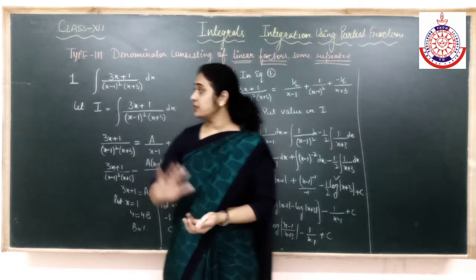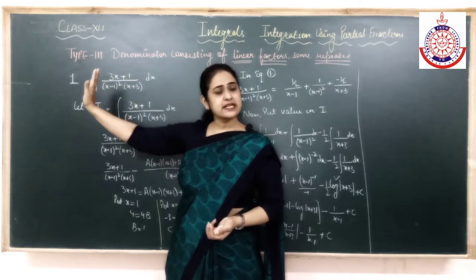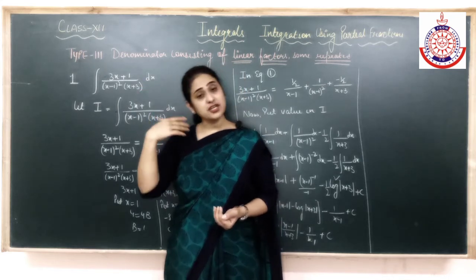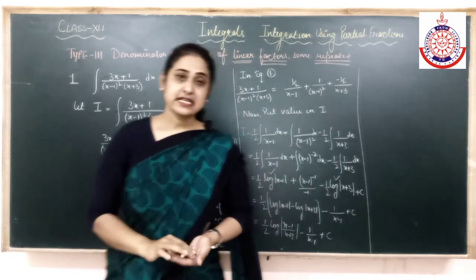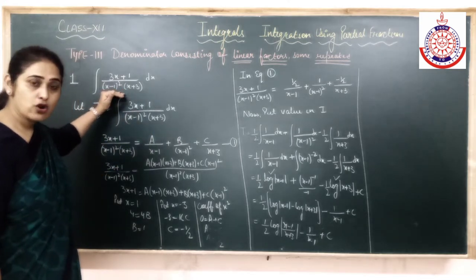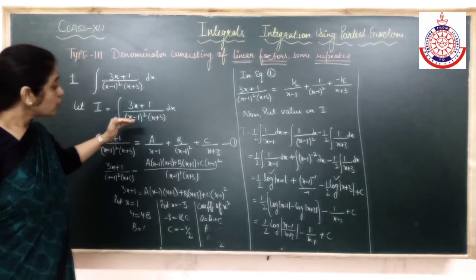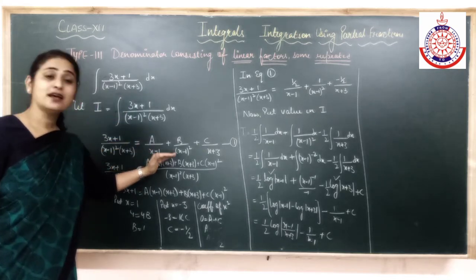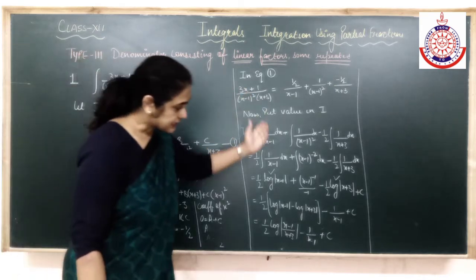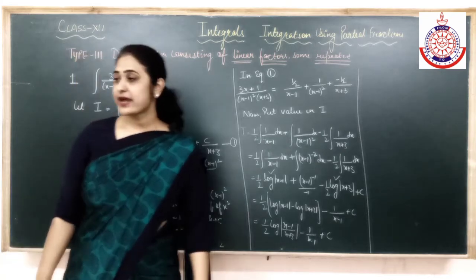After divide, one portion is quotient plus remainder upon divisor, remember? Quotient we will integrate separately. On the remainder upon divisor portion, we will apply partial fraction. Is it clear, children? So I have to see whether partial fraction is applicable or not. After that, depending on which type of partial fraction the question falls under, you have to apply the rule to split into partial fractions and then integrate it. Is it clear? I hope it's clear to everyone. Let's write the next question.